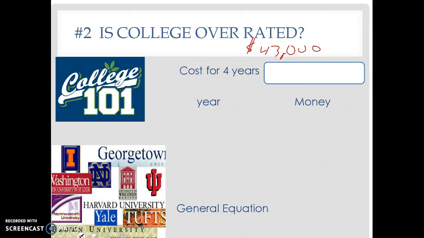43,000 times 4 is $172,000 for your college education. All right, so let's suppose that you took that $172,000 that you would have spent at college, and you invest it. So instead of at the end of 4 years having no money but a degree, let's say that you took